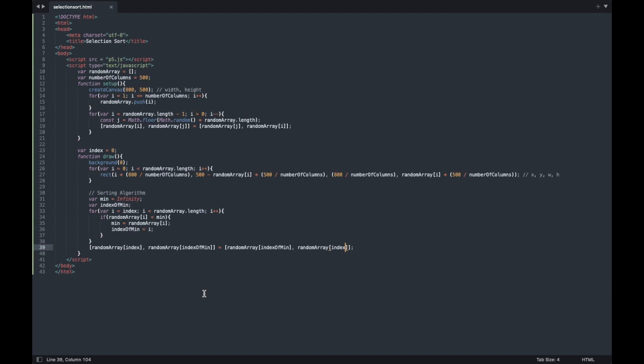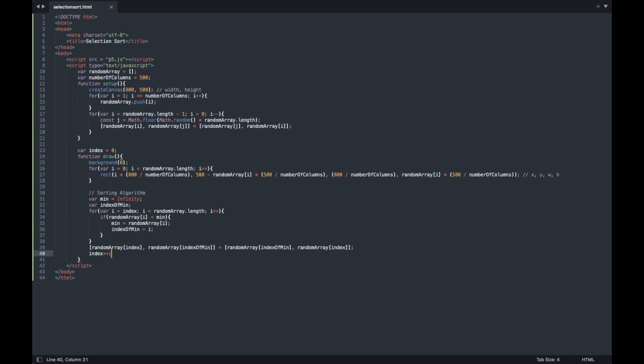Because we're going to put the minimum value at the very front, so the index is going to have to go away, right? So yeah, hopefully that makes sense. And this actually makes sense if you compare this code with the preview. You can see that in the second part, in the unsorted array, what the algorithm is essentially doing is getting the minimum value and putting it at the start of the unsorted part each time continuously. So yeah, that's what this does, and then we basically have to increase index, so it just goes through the